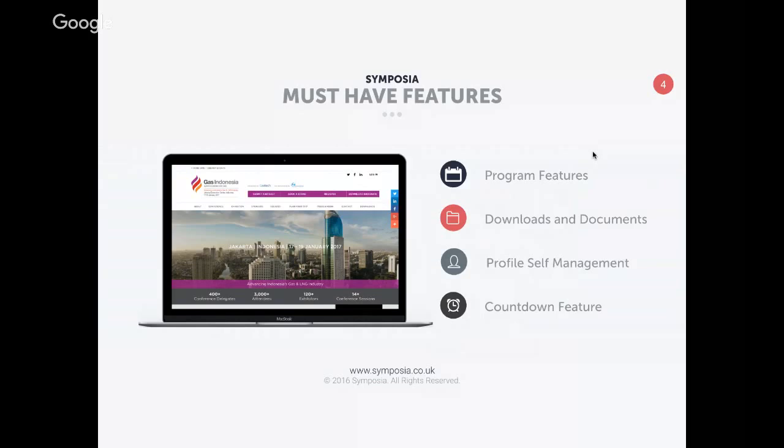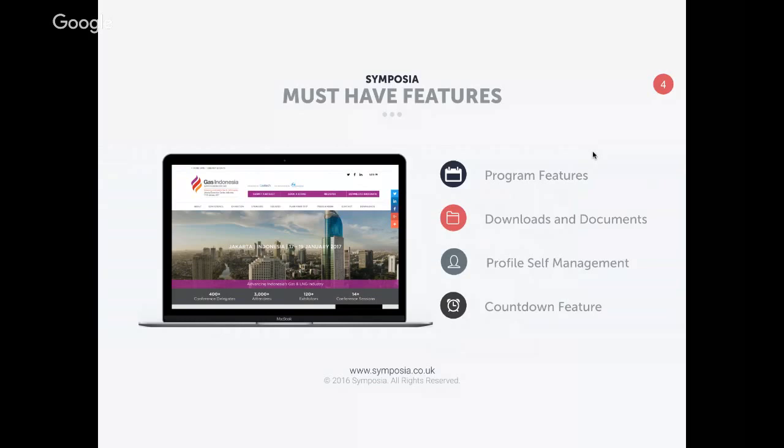So first up is the program feature. Most of the websites that we produce, the events want some way of displaying their program or their agenda for the event on the day in an easy, concise, legible format. By definition, programs can be quite complex. They can often be spread over several rooms, several stages, several days. Within each session, you've got descriptions, content, speakers, moderators. So there's quite a lot of complexity depending on the event. And it's just making sure that you have a program that represents all of that in a clear